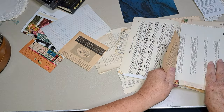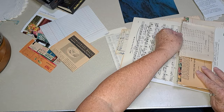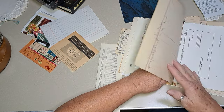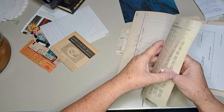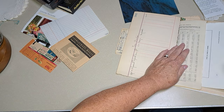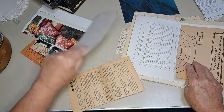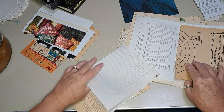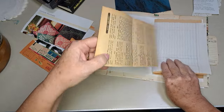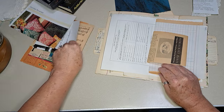Could put one there and one there and just overlap that center. Okay. This one was population, 1910 population. That's fun. Sewing. How about we put this ledger in here? And then put this sewing here. Yeah. And